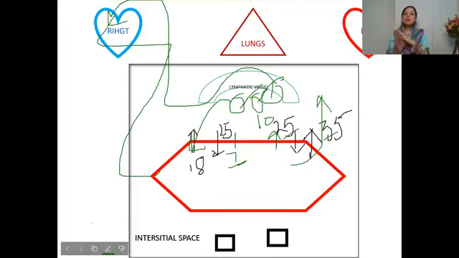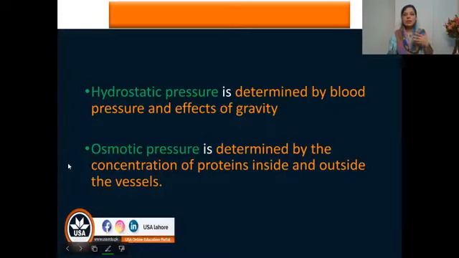So in short, I want to tell you that if fluid moves out of the vessel, usually Allah Ta'ala has made a system in us that most of them come back at the venular end. But still, if a few particles remain outside the vessel, they are going to move in the interstitial spaces. Side by side, there are lymphatics that are basically running. So the fluid that is accumulating or moving here and there is getting returned back towards the lymphatics, and when it returns back towards the lymphatics and again moves towards the heart,